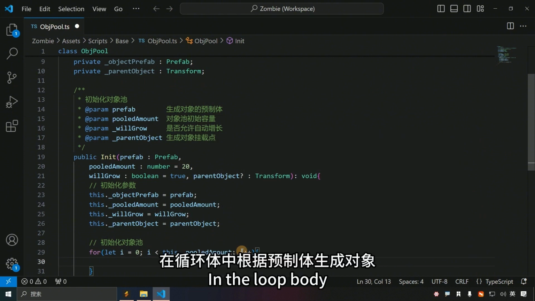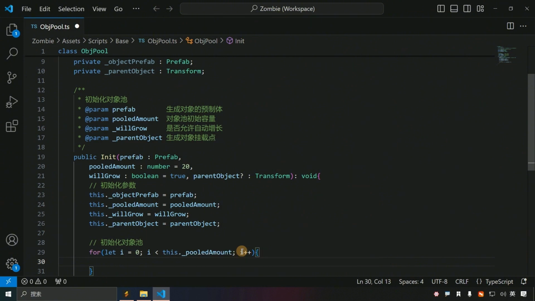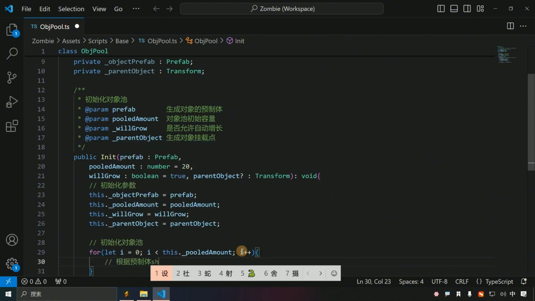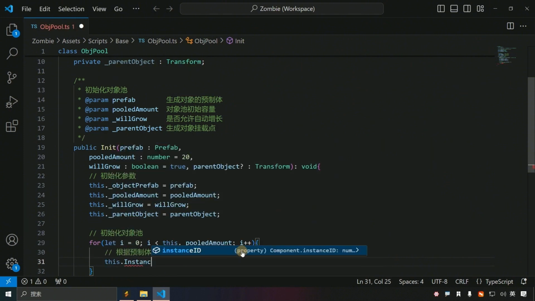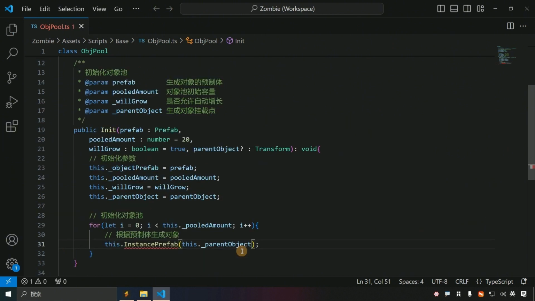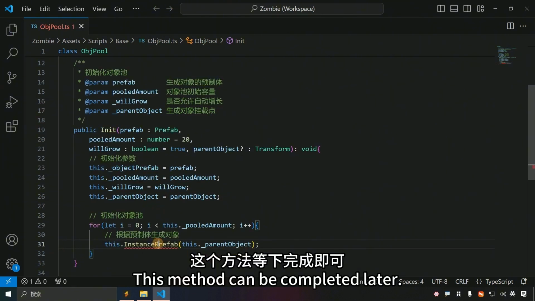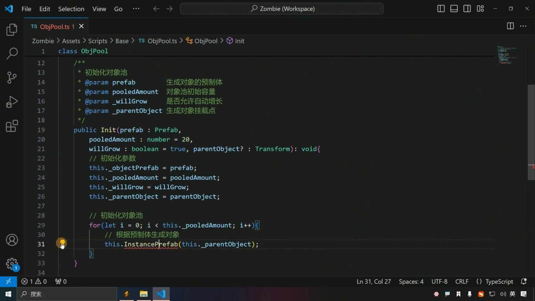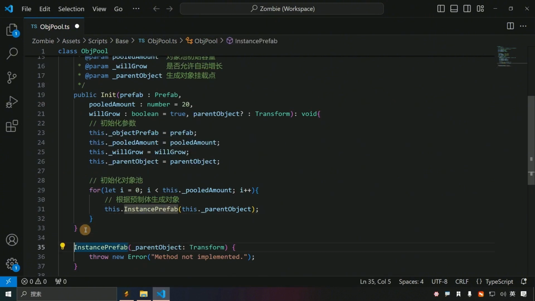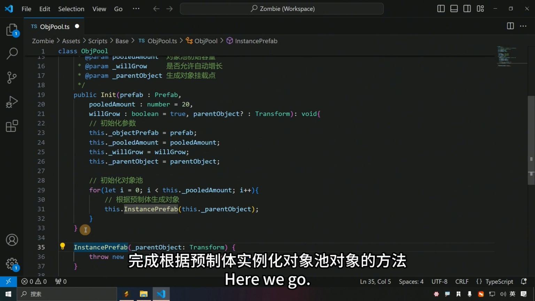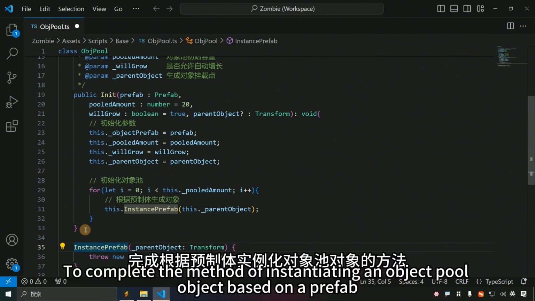In the loop body, generate objects from prefabs. This method can be completed later. Here we go, to complete the method of instantiating an object pool object based on a prefab,